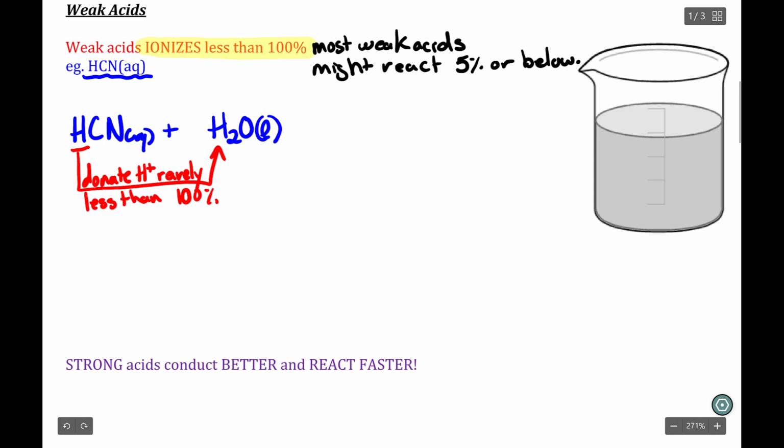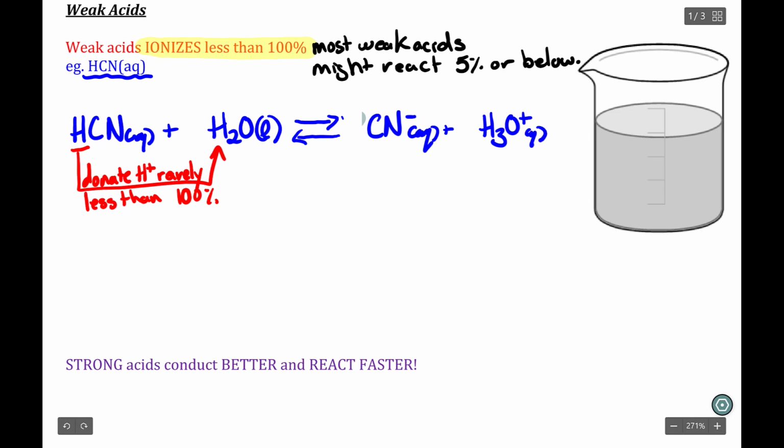Now, because of that, we don't put a single arrow forward. That's showing that the reaction actually goes to completion. This reaction is actually in something we call equilibrium. The reaction does go forward a little bit, but it actually goes reverse even more. Now, if you're wondering what I mean by reverse, let's put in the products and I'll tell you what the reverse is. So the H+ is donated. What's left of HCN is CN. But because CN has lost a positive, it is now negative. And of course, it's lost the hydrogen. So that's aqueous. The H2O liquid has gained H+, so this is H3O+,